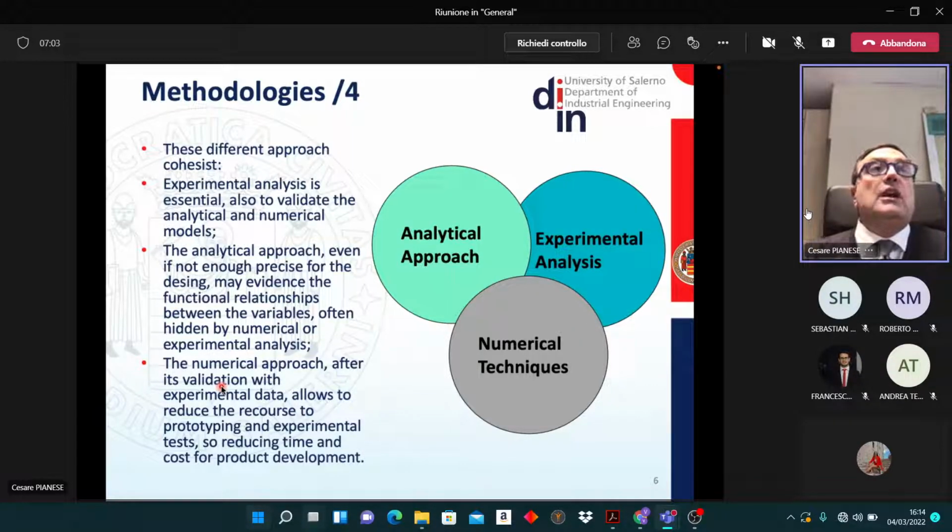Let's start and think about the first approach, which is experimental analysis. Consider that experimental analysis is the most conventional approach to be used for management and for the optimization of any system, of course. Analytical approaches are the most interesting, because they are able to reduce the cost. And consider that if you put together analytical approach and experimental analysis,